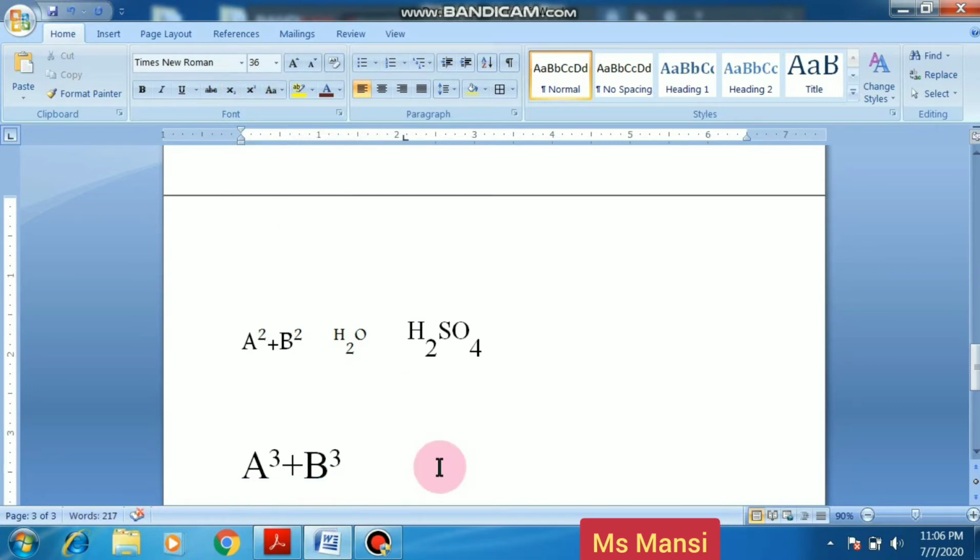Basically, the superscript function is used in mathematical calculations, and subscript is used in scientific calculations.